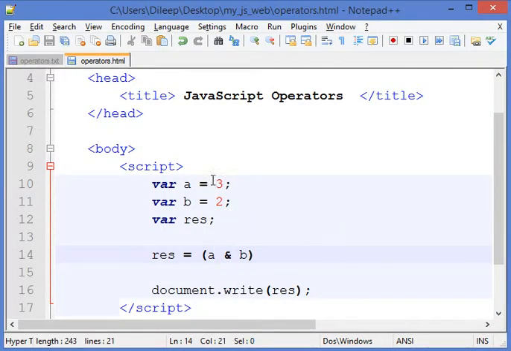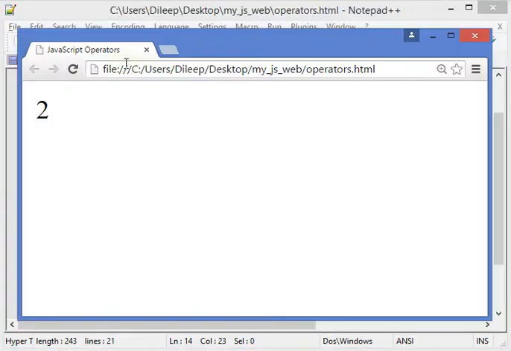right? The value of a is 3, the value of b is 2, a and b become 2, right? How it comes to that is binary number representation and operations, which we are not discussing here. We are just simply saying how we can use these bitwise operators. Okay, similarly we can use the OR operator and we can check the result, it's 3. Okay,